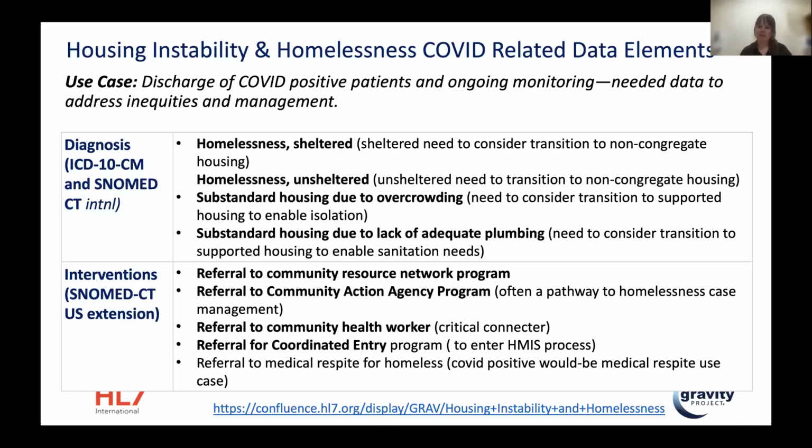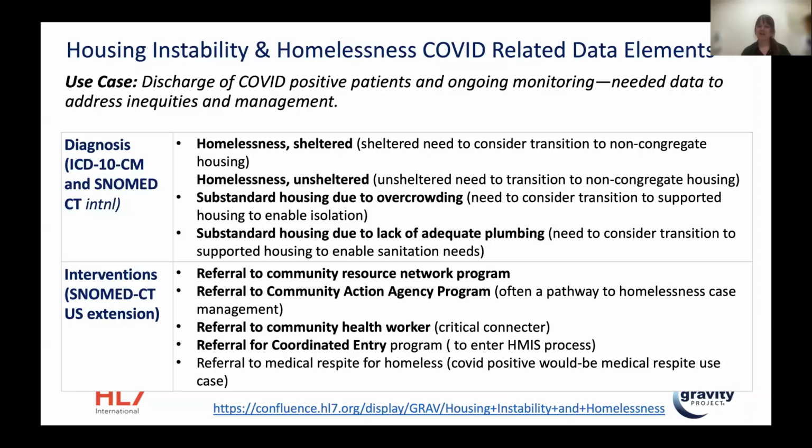We also have concepts coming for all of the core elements of inadequate housing, whether they be lack of adequate plumbing or presence of contaminants in the household or lack of safety or mold. Those will all be blooming over the course of the next year in international SNOMED as well. And again, specifically for interventions you think about within the COVID use case, we have platforms in the US, vendors that help make the connection between clinical and community settings, so we enable referrals to those through our terminology. We have specific anti-poverty agencies through US policies, so we're enabling the referral to those.